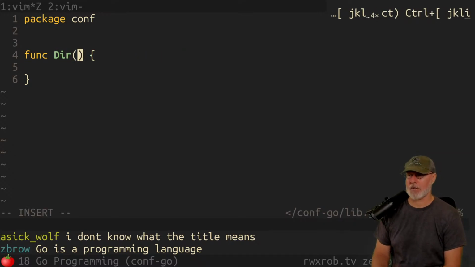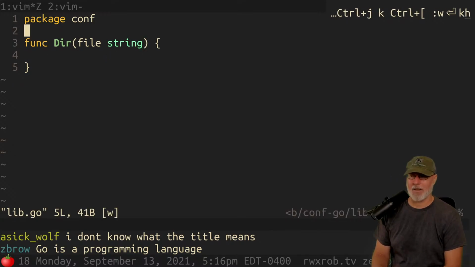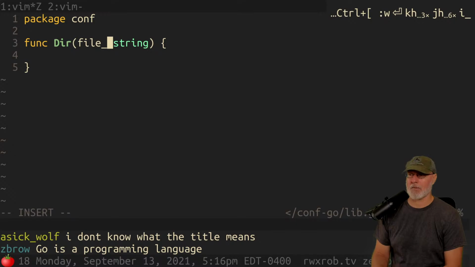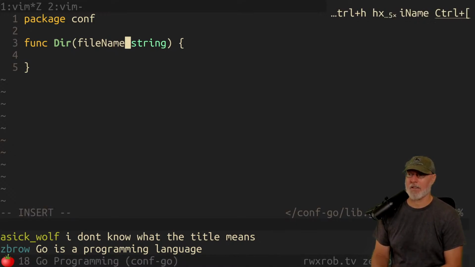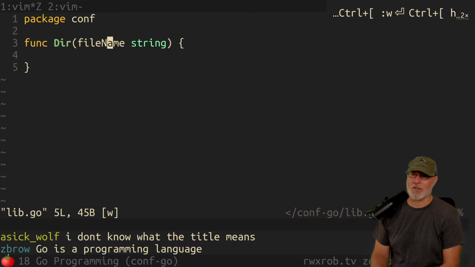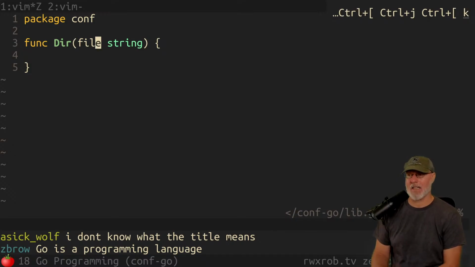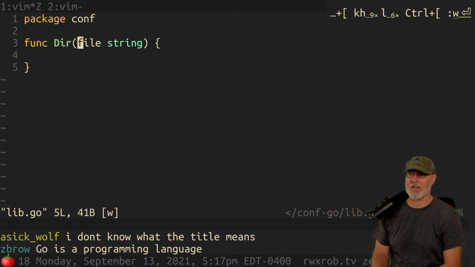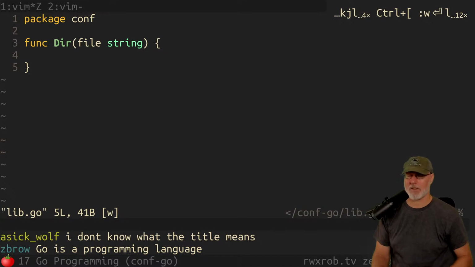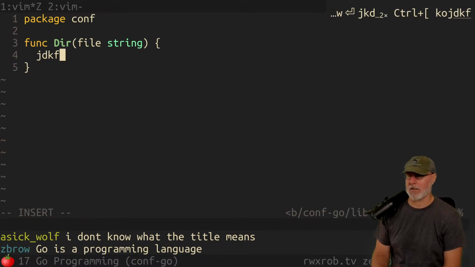We need a string here. So we're going to name the string file, and we'll just put the name. So we could say fileName. Things like this belong in C++, right? No. Another thing too is that if you are going to do that, the convention is mixed case. I try my hardest to never have two words in any identifier unless it's a function, because I hate retyping long identifiers constantly. It's annoying as hell. I hate reading C++ code because of that. Java's even worse. So these are some of the reasons that I really love Go.